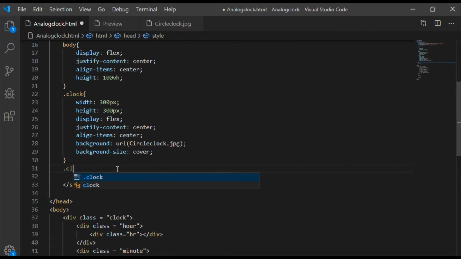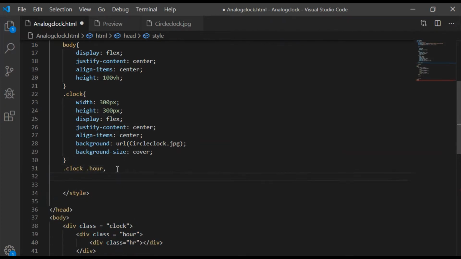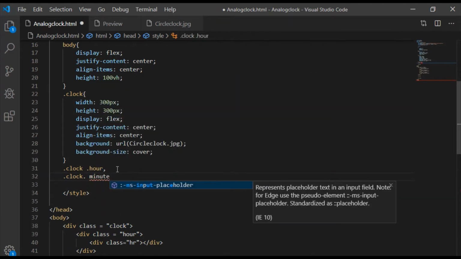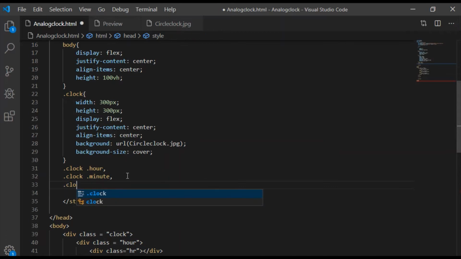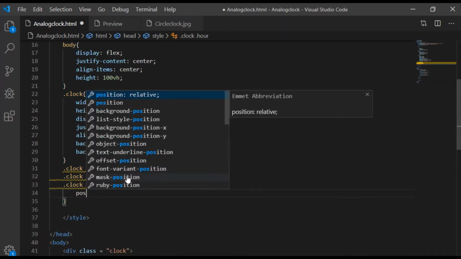Now we will go and define properties for our hour container, which shall hold the movable hour hand. So hour is part of the clock class. So hour, minute and second shall be positioned absolute.